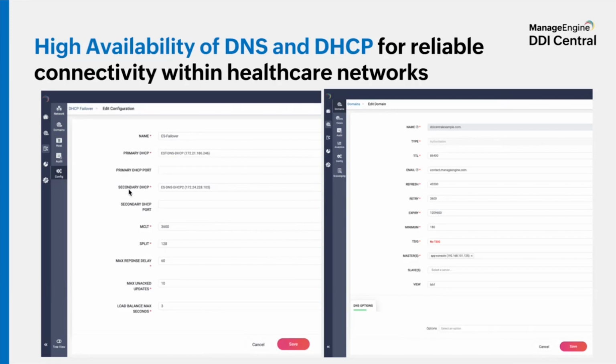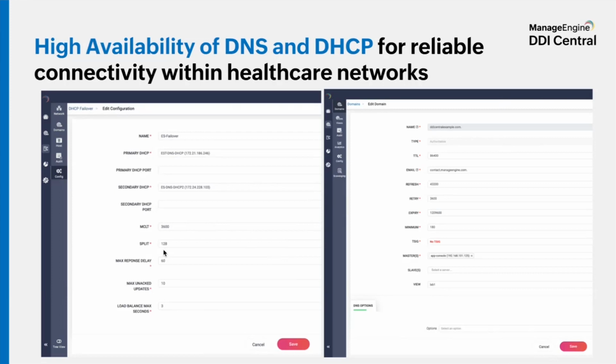In case the primary DHCP server fails, the secondary server comes to the fore and handles the traffic. If you want these servers to split the load, you can enter the relevant value in the split field. A value of 128 here indicates 50-50 load balancing, actively involving both primary and secondary servers to handle the DHCP